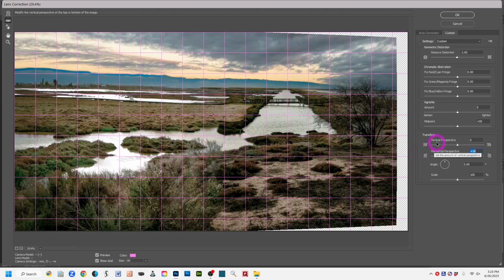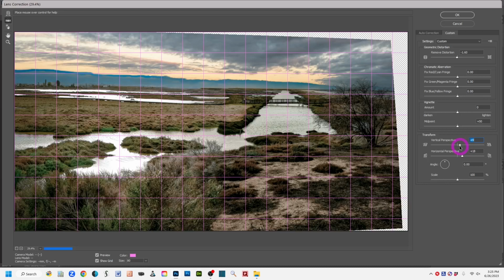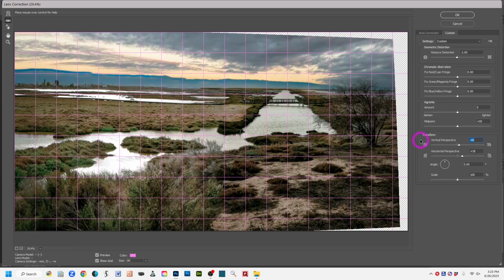So now I'm going to come back to the vertical perspective slider. And again, you can see with the icons, it's either going to angle it in or angle the bottom out. So I want to, on mine, I think bring this out because it tilted that way. Let's see here. I'm going to work with my up and down arrows. Yeah, so that feels pretty good to me because this feels a little bit more